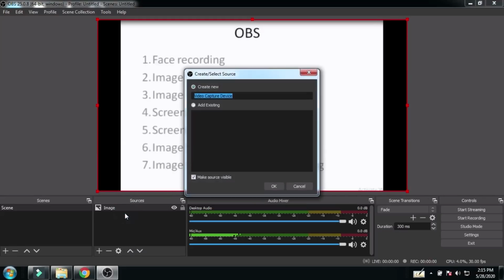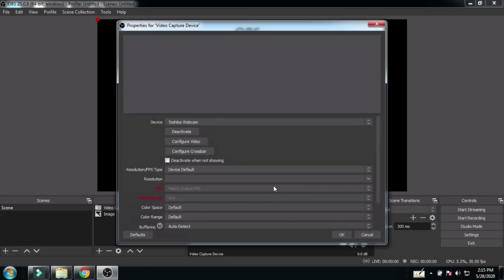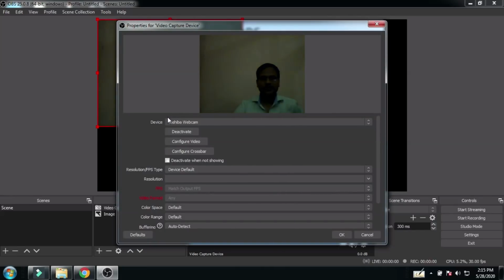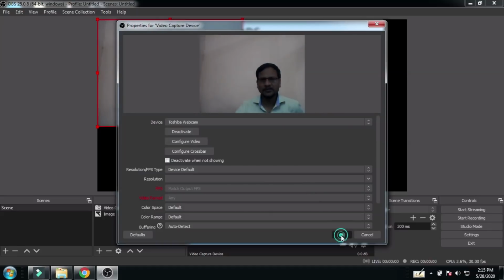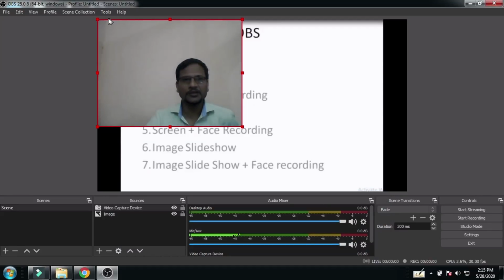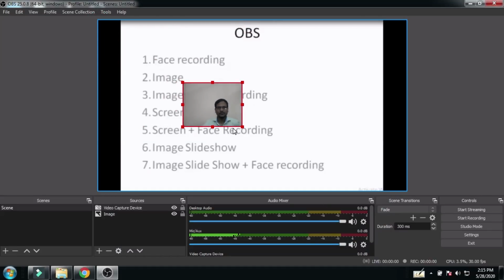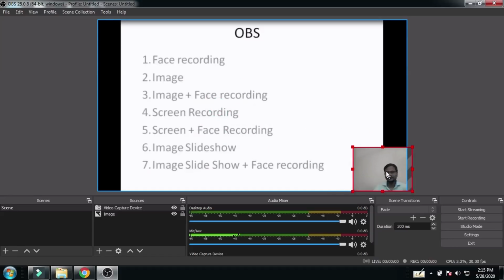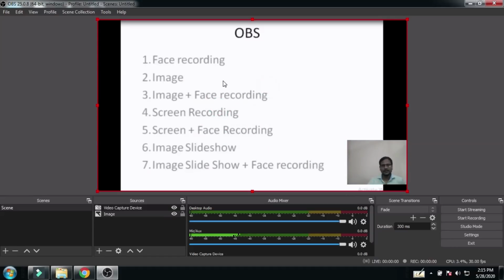Click on the OK button. Now your webcam is getting open, and the name of your webcam is at the top. Click on OK. Now your face is there. By using the cursor, you can reduce the size. So it is the first type of recording, that is called only the face recording section.